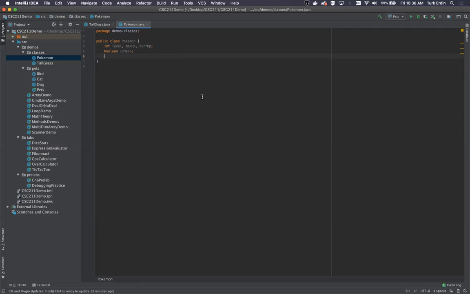What else? Those would be behaviors, because the attacks a Pokemon can do are the behaviors that it exhibits. Right? Even simpler, guys. What's one thing here that we're missing? Name, exactly. String name. All right, and then we're going to have a constructor, public Pokemon, string name, int level, int max HP, boolean is male. And I'm going to keep these public just because I don't want to deal with it, maybe I'll make it